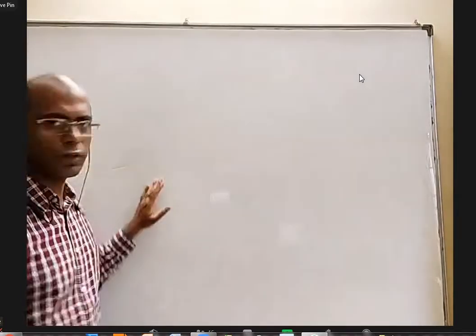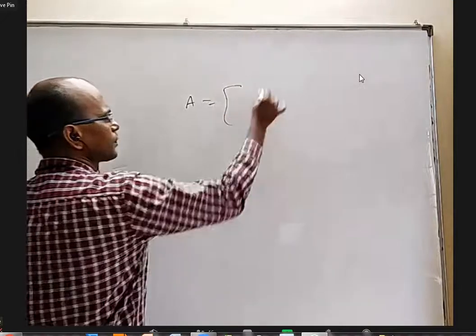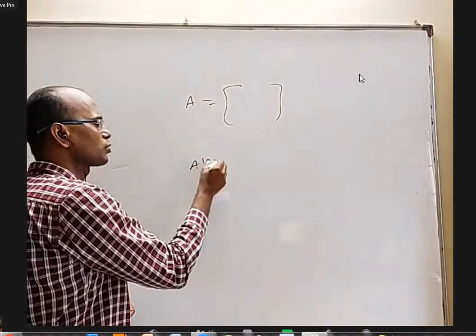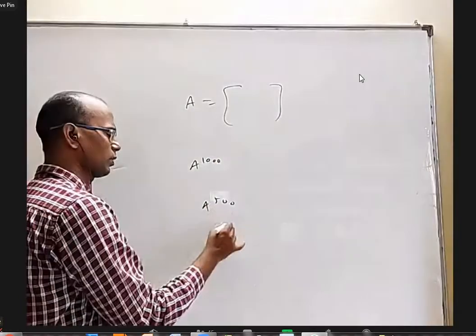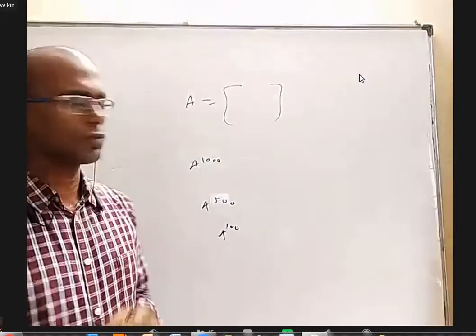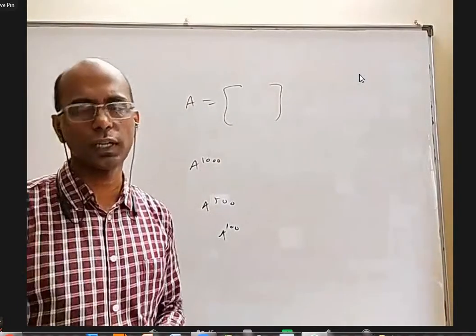But apart from that, if you take past year mains and advanced questions, you will find some type of questions on multiplication of matrices. They'll give a 2 by 2 or 3 by 3 matrix. Sometimes they'll ask what is A power 1000, or A power 500, or A power 100, something like this. So how to do those kinds of questions? One way takes a lot of time: you can find A square, then a cube, A power 4, A power 5. It takes a lot of time.